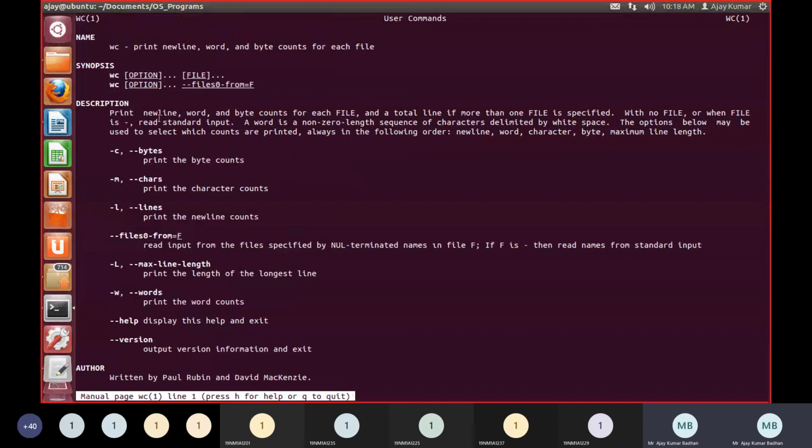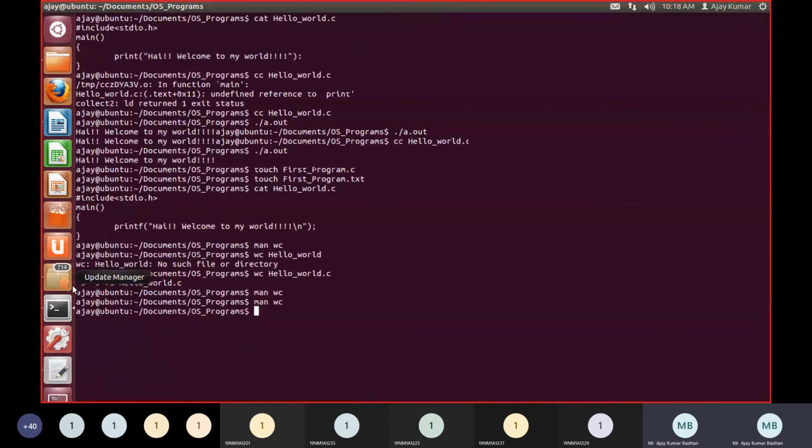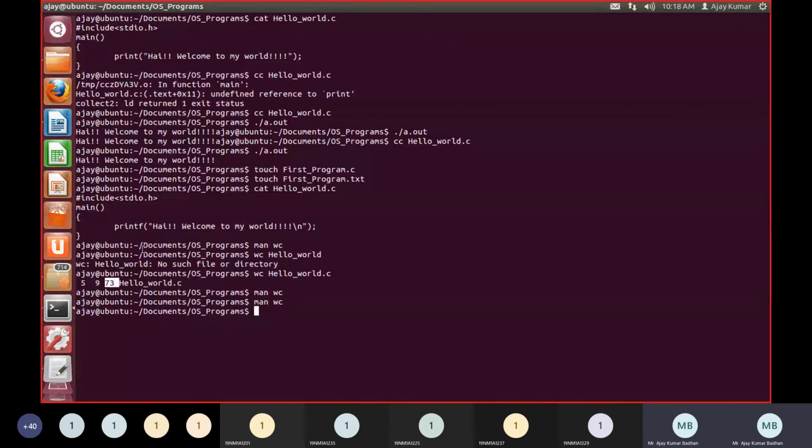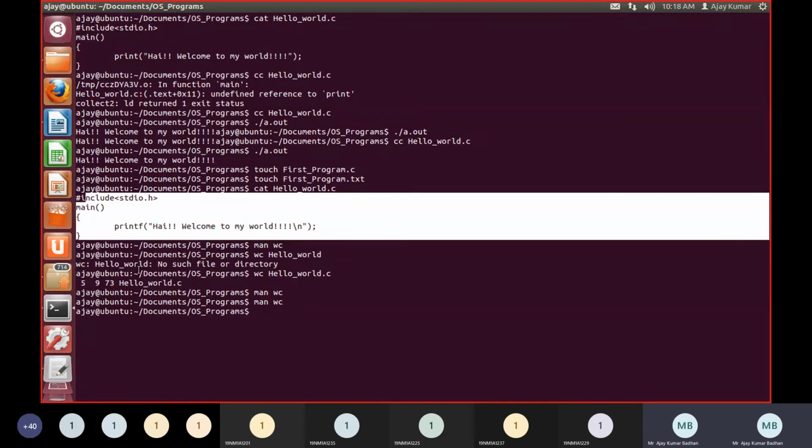So how many words do we have here? That is what he's representing in this particular thing. So how many do we have? 9 words he's talking about here. And after this, 73 bytes are there. Bytes means, after conversion into bytes, I mean, 1 byte is equal to 8 bits. In that way, when it converts, it is displayed that there are 73 bytes and 9